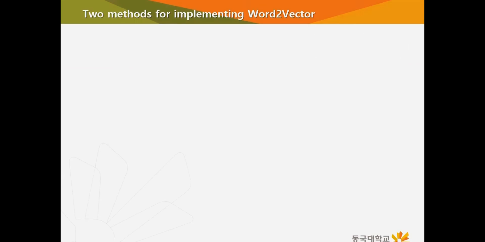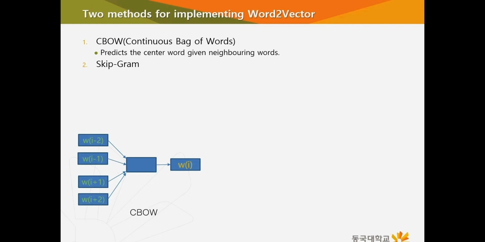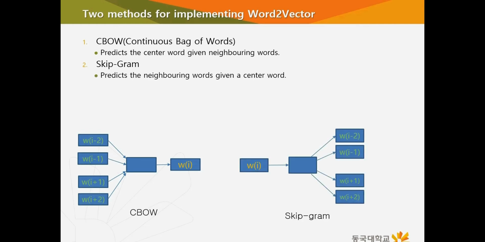There are two methods for implementing Word2Vector. The first method is CBOW and the second method is skip-gram. The CBOW method tries to predict the central word given neighboring words, and the skip-gram method predicts the neighboring words